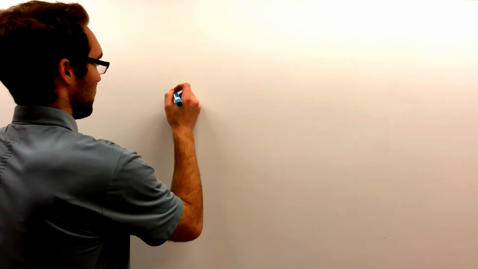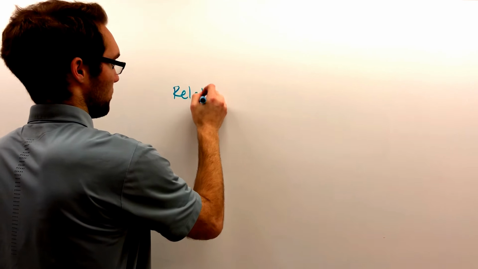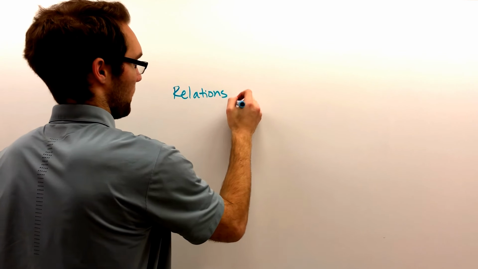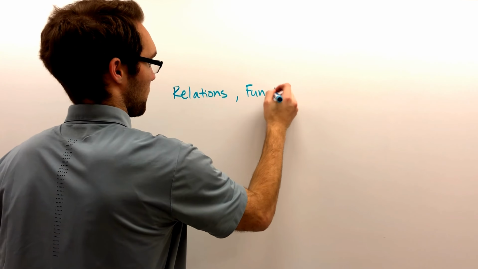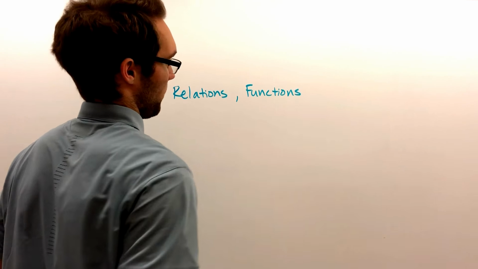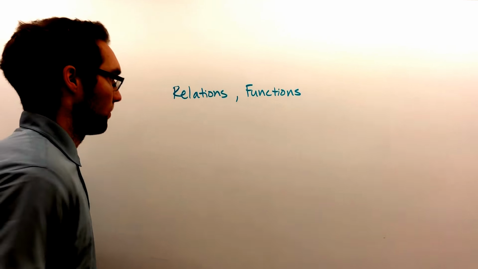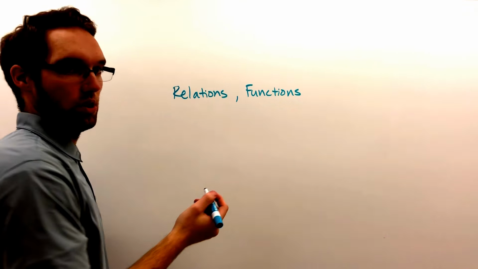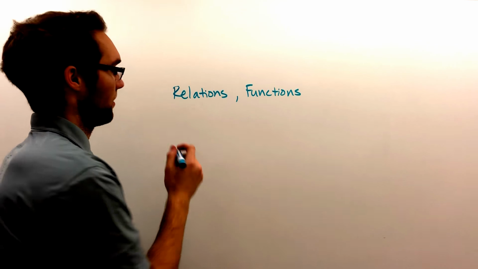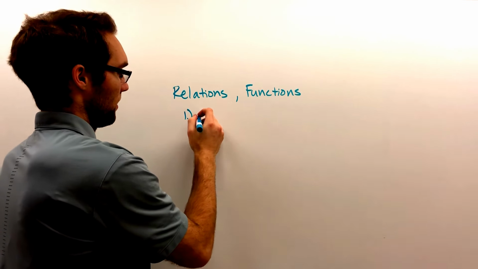So today we're talking about relations and functions. And then later we'll talk about how to solve some functions. But first, we're going to talk about relations. So we need two things to have a relation in math. The first thing we need is an input,